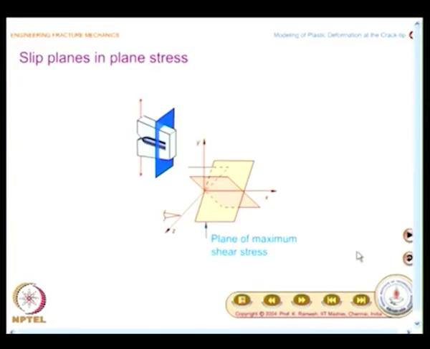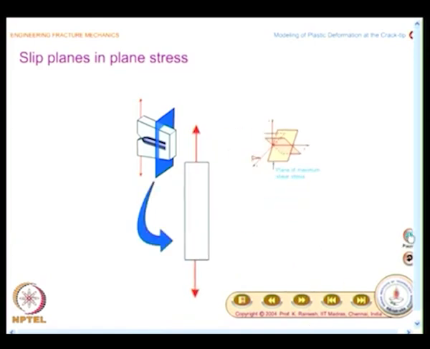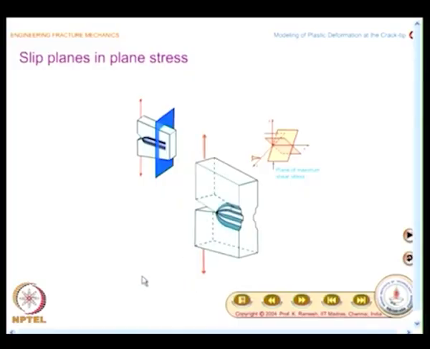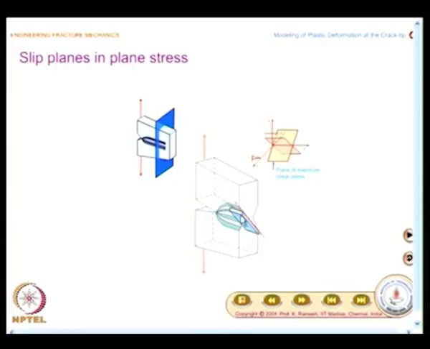So, if you have the crack, it will be like this. So, that dictates how the slipping action would occur, and that is depicted in the animation. Initially a two dimensional sketch is put. So, you could see that slipping occurs like this. So, the slipping plane is quite different from what you had seen in the case of plane strain. So, you could see the slipping action,